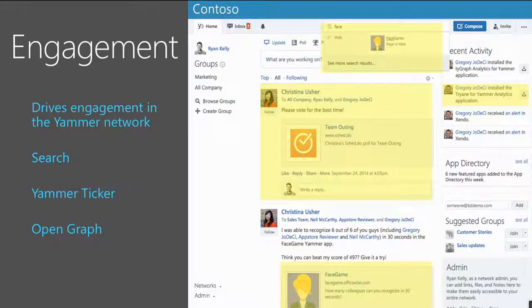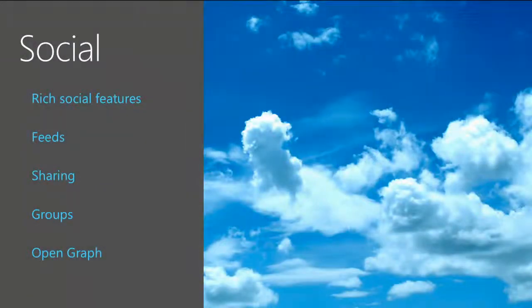So engagement. Some of the things that Yammer applications can do with the Yammer platform are drive engagement in the Yammer network. And how we can do this is by sending data into a Yammer network and creating a more engaging experience for users. So when users log in, they are not just seeing data from within the network, but actually seeing data pulled in from various applications, whether it's through the Open Graph activity ticker or Open Graph objects that are sent directly to the feed or posted to the feed by users. And of course,